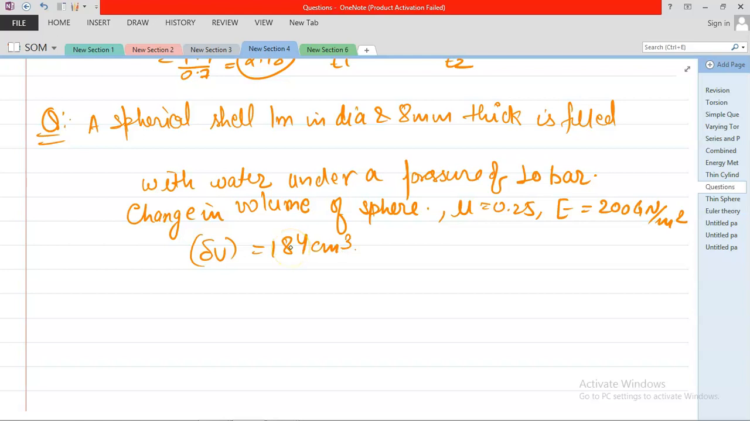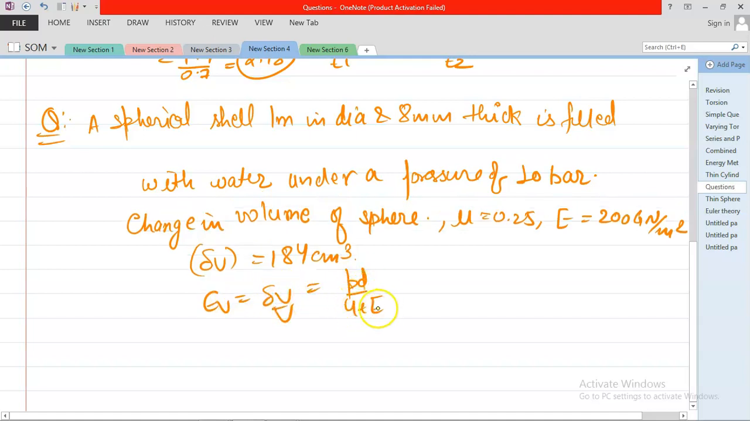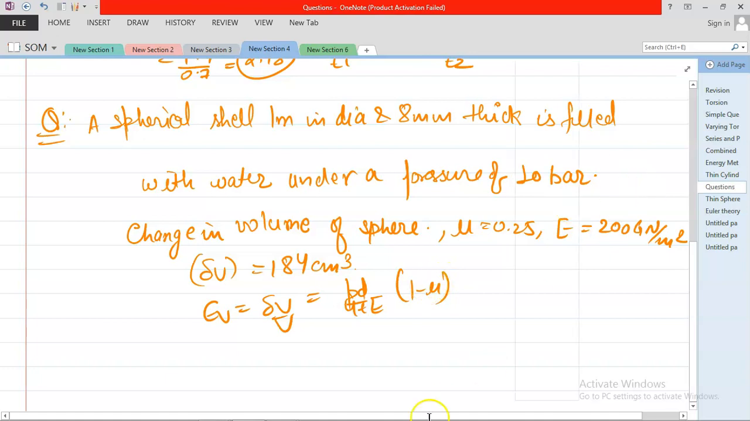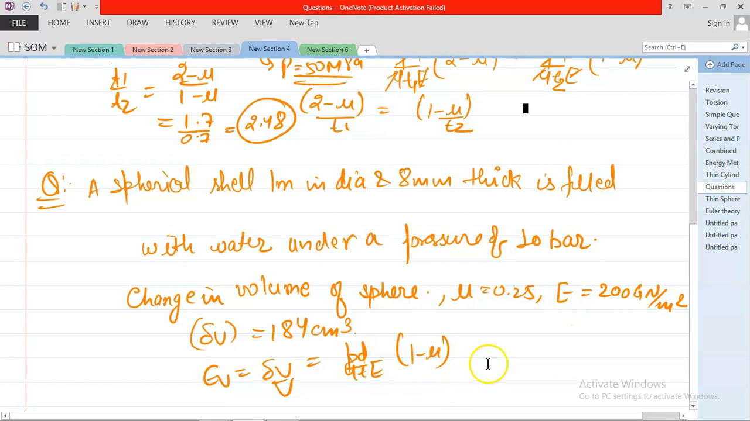How do we solve this? Let me give you. The volumetric strain of a sphere is, as you all know, Pd by 4tE into (1 minus mu). This is your volumetric strain. So if you write what the values that are given are,